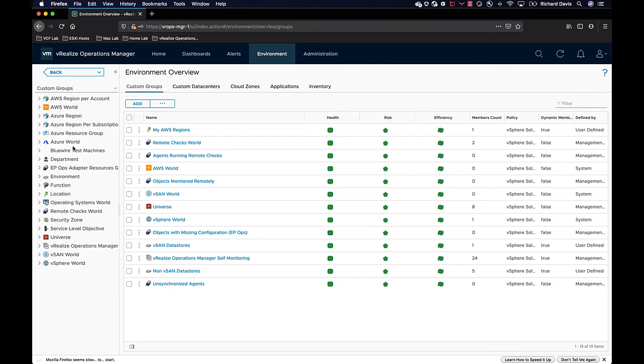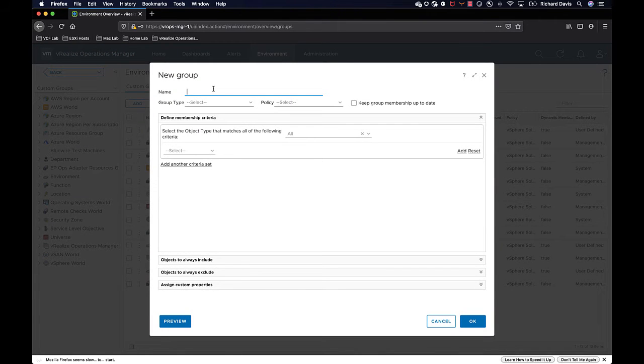So now we have our group type created, we can then head over to the environment and click on custom groups, and we can click add and then a name for our new group. So I like to start with underscore so I can keep my groups together. So I'm going to create a custom group called web servers,